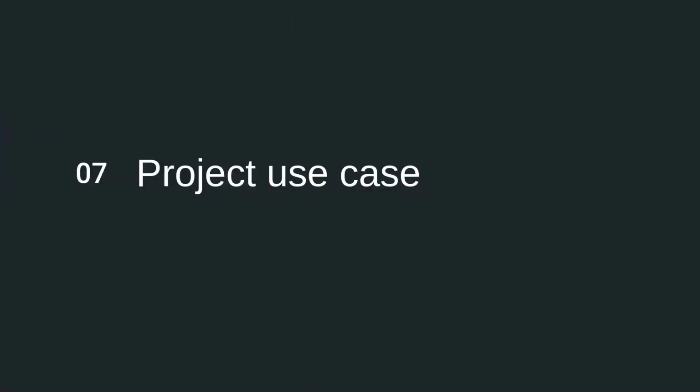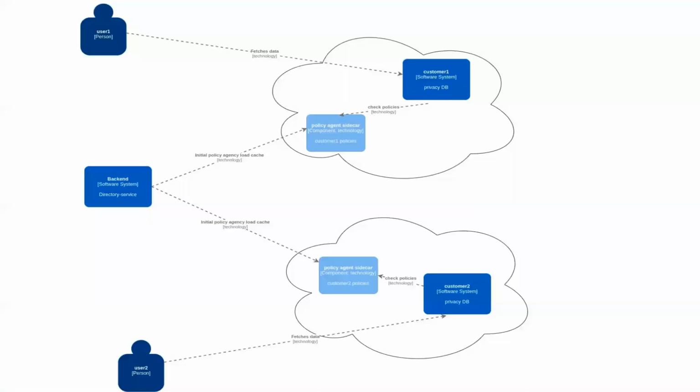So in one of our projects, we have implemented a sidecar. As Sudhir was mentioning, this does exactly the same thing, like RBAC and PBAC policy. How it works is you have two different users, two different accounts or tenants. Let's say user one is from tenant one, and user two is from tenant two. They have two different VPCs authorized for two different users, and they have their own privacy DB, or database on their end. And they can access and fetch the data and do some operations on that data.